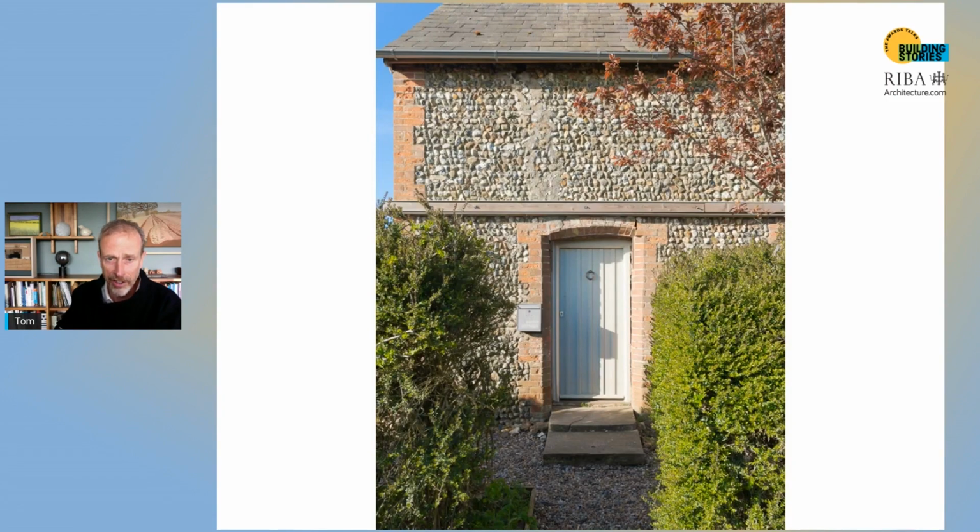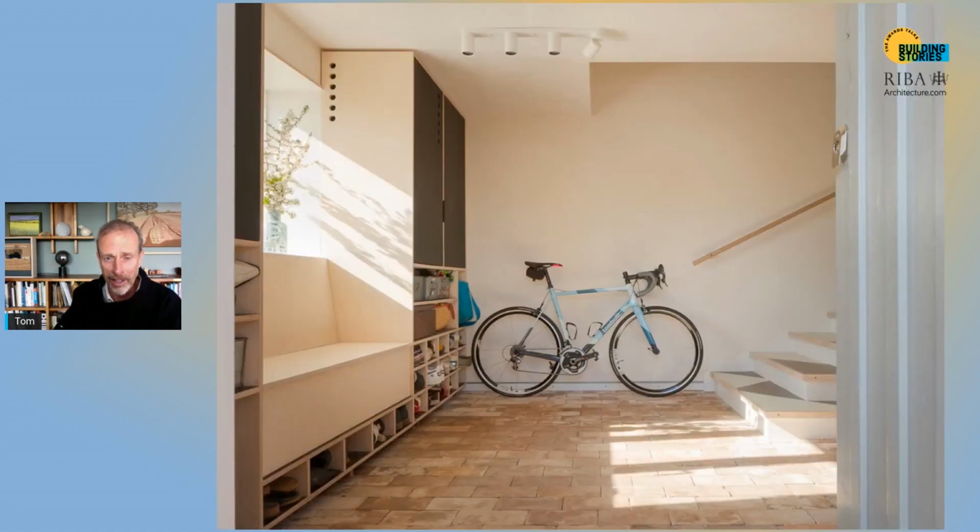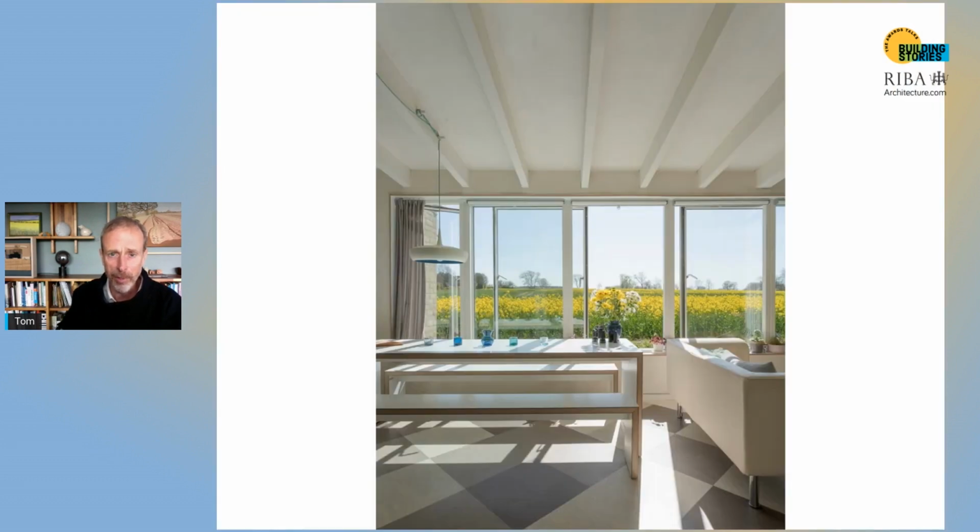So this is the entrance. You can see that steel belt around the cottage there. That's the original door that Gerald was standing next to as a young lad. I've actually finished pointing around that door now, so it looks slightly better. And as you get into the house, that's the entrance hall within the cottage, the original brick floor, which we lifted so it could be relaid after it had been insulated. And steps up there that take you through into the extension, where you suddenly get these big views out to